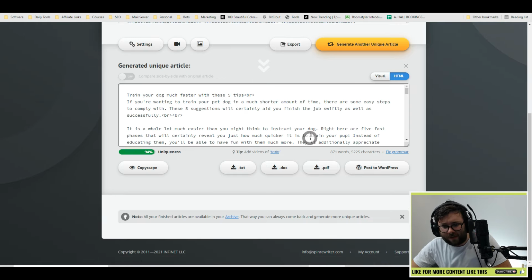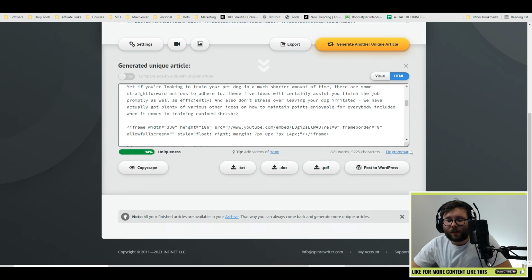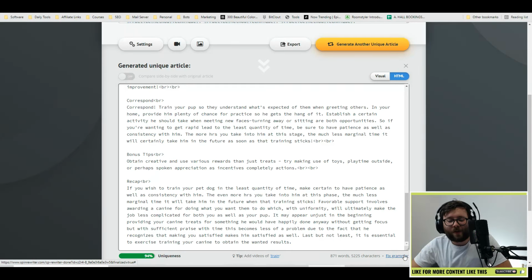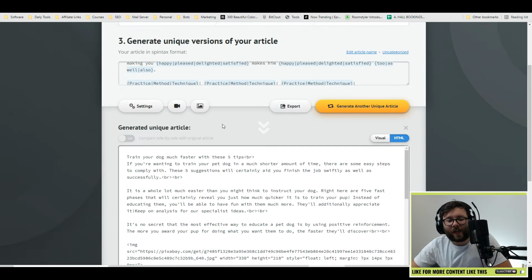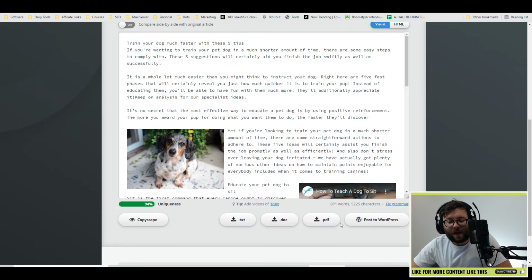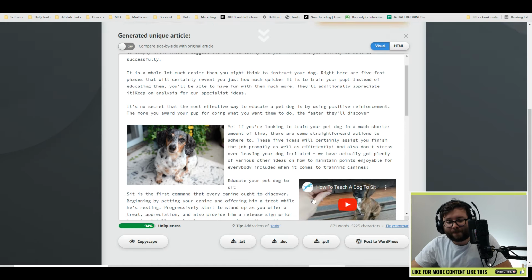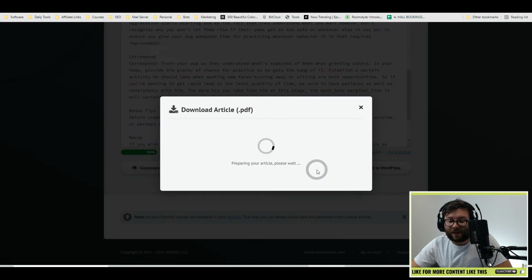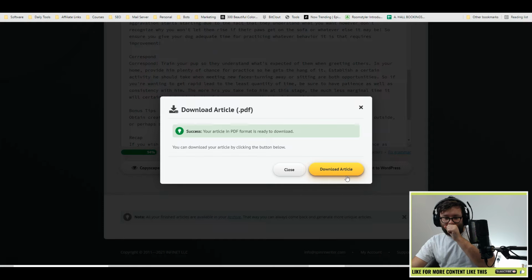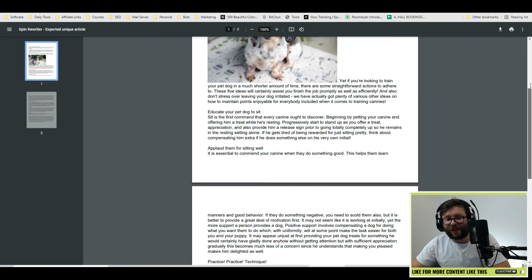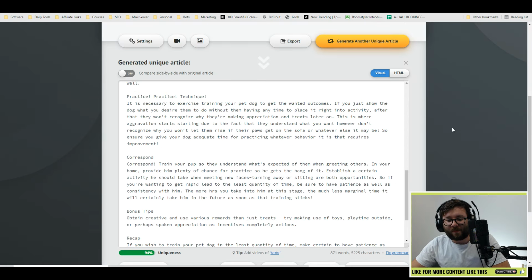I actually don't tend to use that feature. Oh, here we go. Yeah, sorry. So the code is right in here, and you can see it's pretty clean code. They recently updated it, which is why, but I don't tend to look at the HTML code, but this is really cool. So just go back to visual, and you can decide to download it as a text or post to WordPress. Okay, and etc. You can download it as a PDF. Open it up, and you've now got the PDF version. How cool is that? Okay,